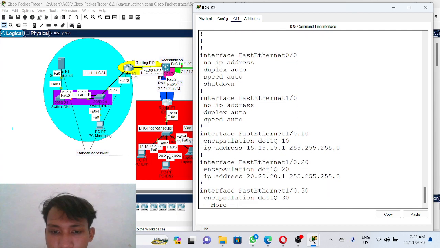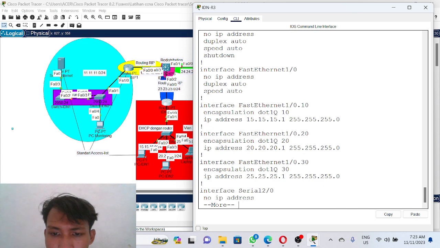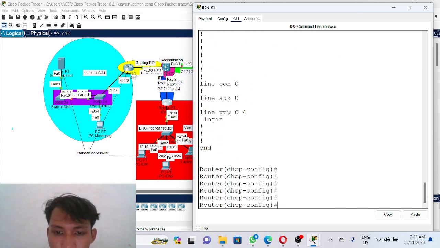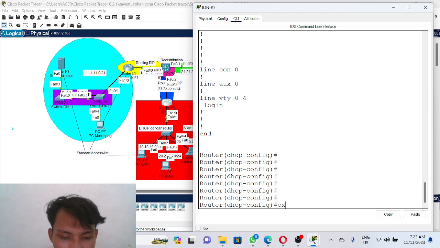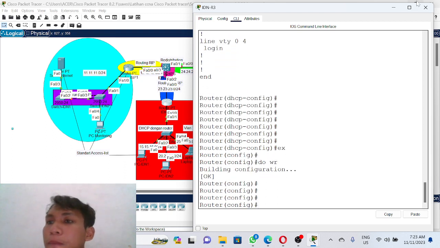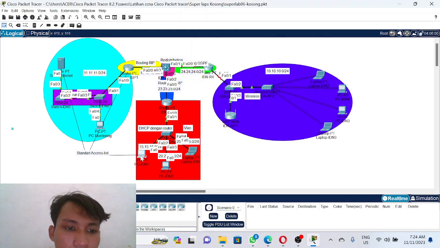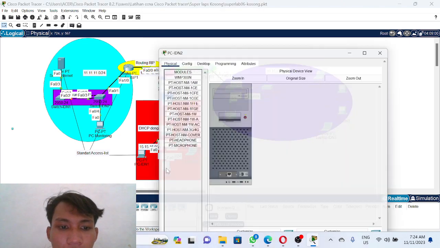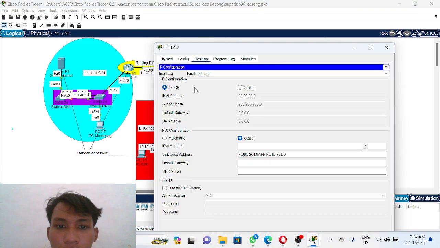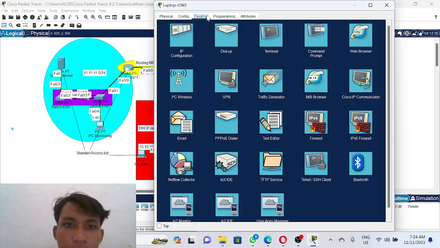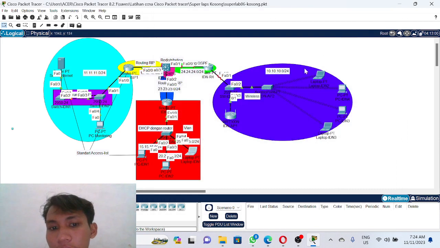Then we exit and save, do write, and then we request the IP from the PC. Okay, this answered the request. Okay, the PC3. Okay, and done in the router below.